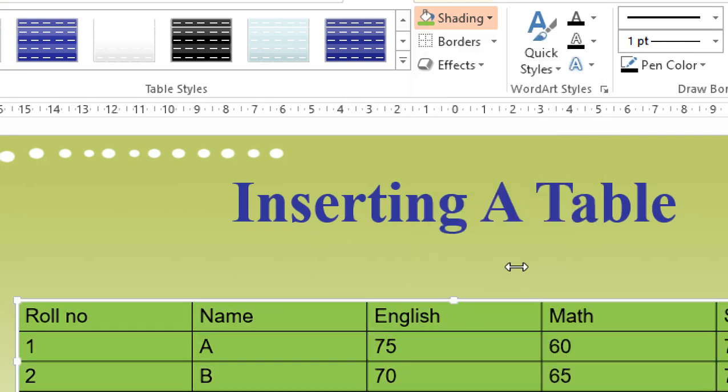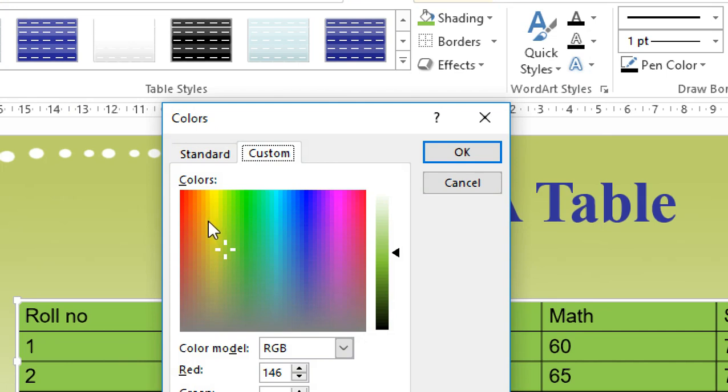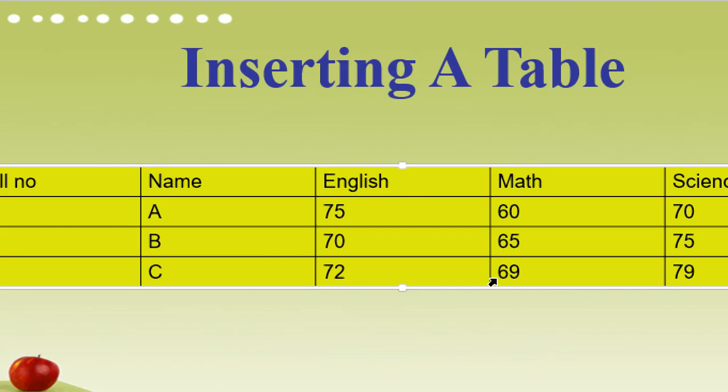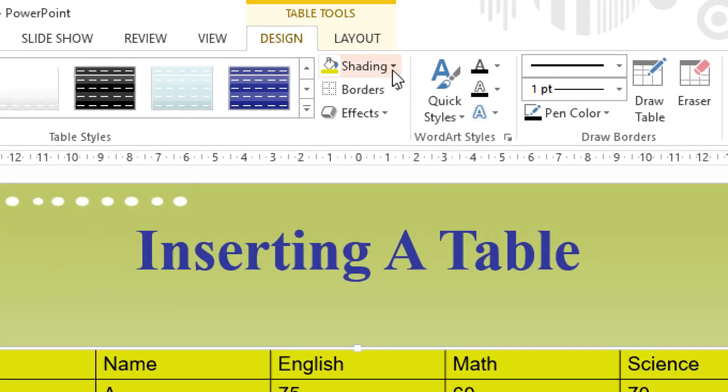For more colors, choose from the color palette. Suppose this blue or sky blue; in sky blue also there are many color combinations, red color, yellow color. Suppose I want to select this type of color, then click on OK, and it will change like this. Clear everyone? So this is the shading option.